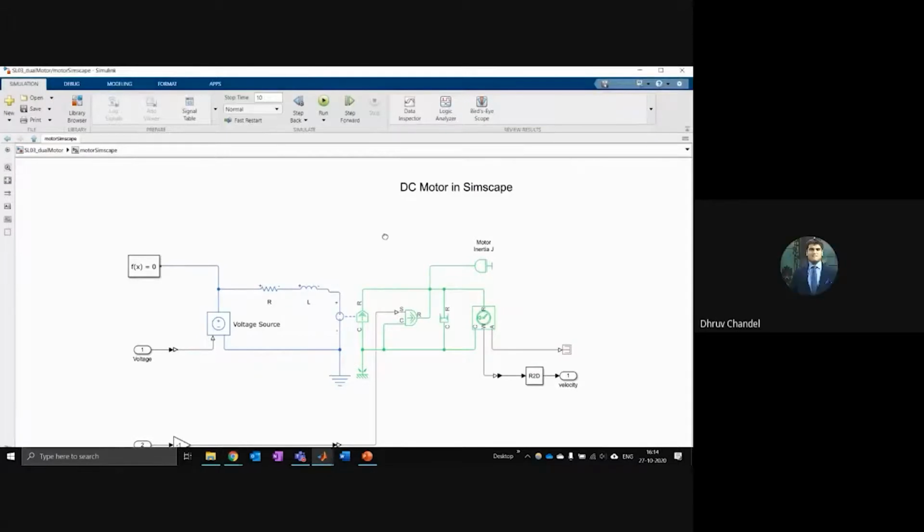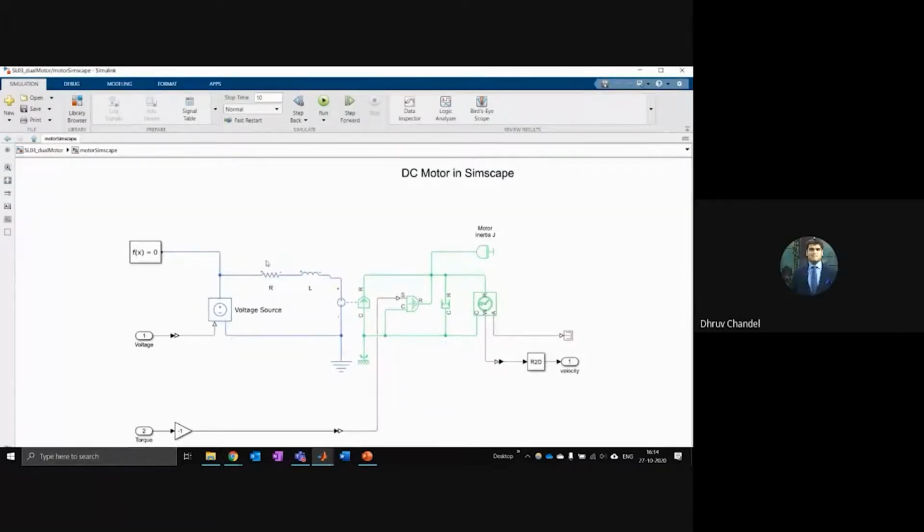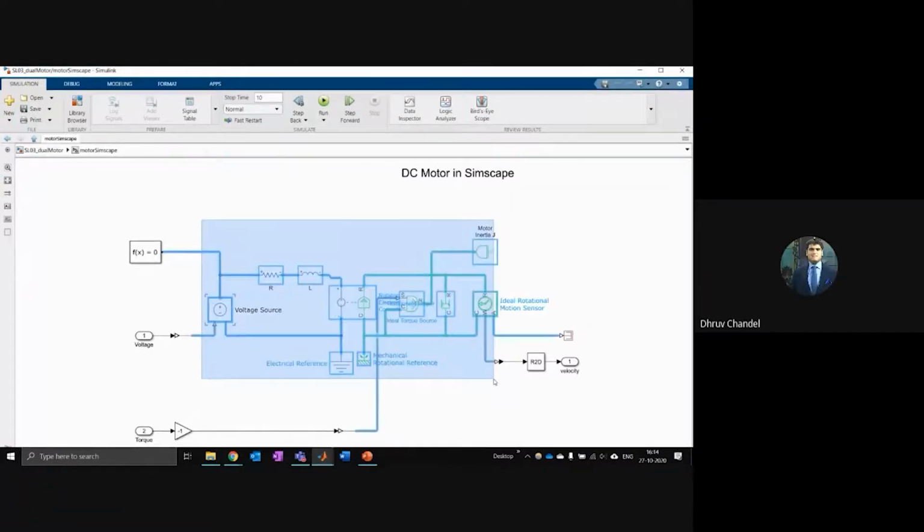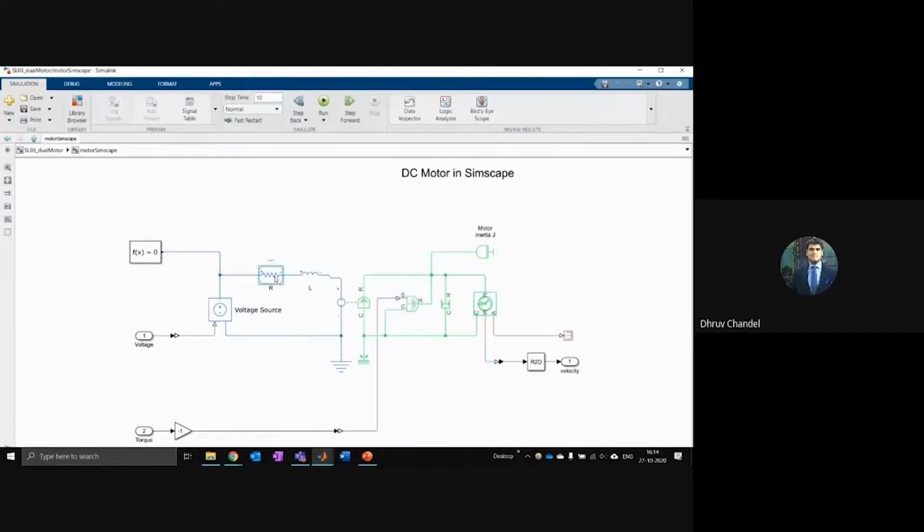Thanks, Dhruv. Yeah, so what I'm showing on my screen right now is what Simscape models look like. You can see it basically looks like an electrical circuit, and this is a mechanical circuit. So the same thing that we did with mathematics, you can also do it with this kind of physical models. You just take the resistance, inductance, motor, and then here is your torque source, your damper, and your inertia. So all the same things that we did. If you don't even want to solve the ODEs, Simscape will handle all the mathematics for you as well.